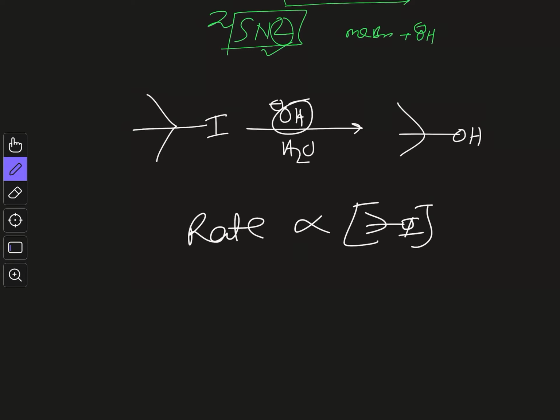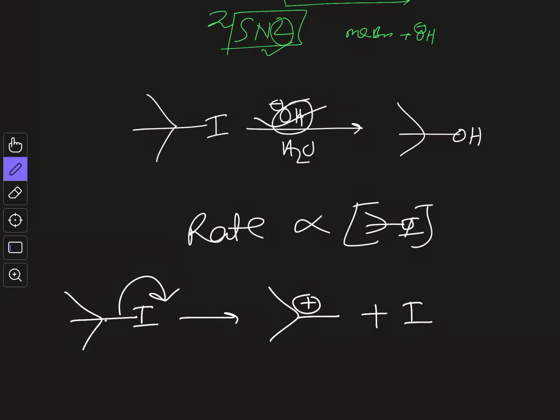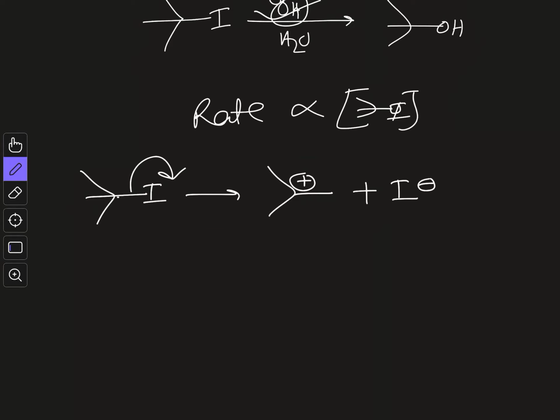So that means whatever the mechanism of the reaction may be, it does not need the presence of this OH minus, right? So in this case, the reaction is proposed in the following way: at first the cleavage of this C–I bond occurs, and you will get this carbocation, and I minus will be here. And now this carbocation is formed, and on this carbocation your water or OH minus, anything